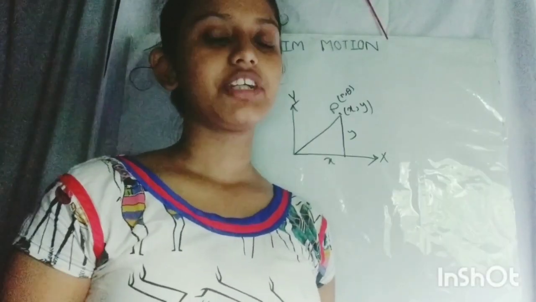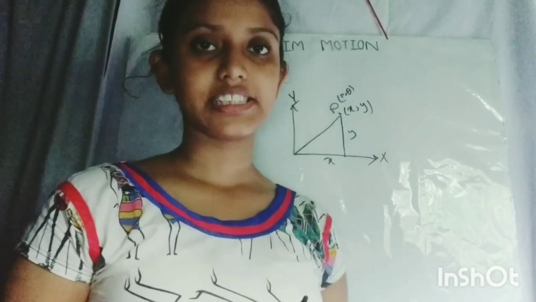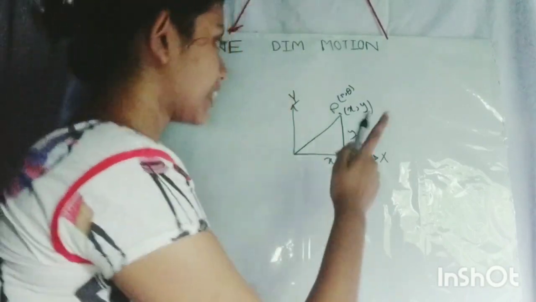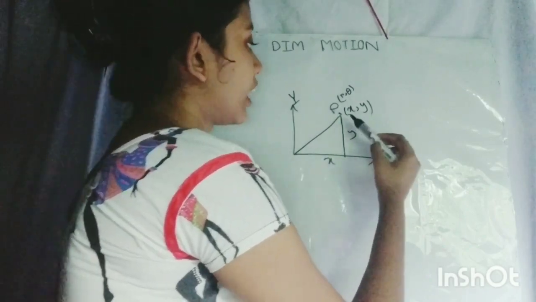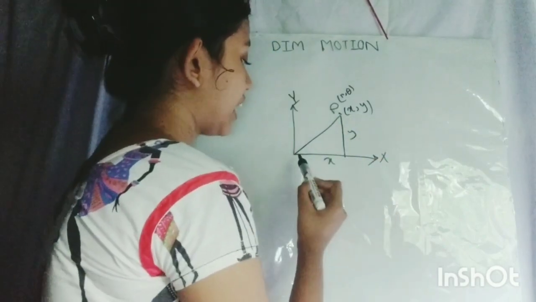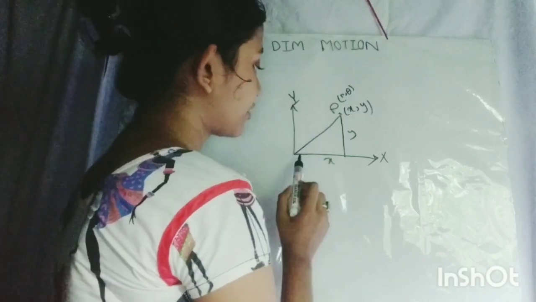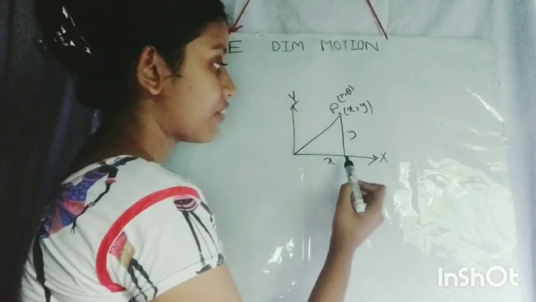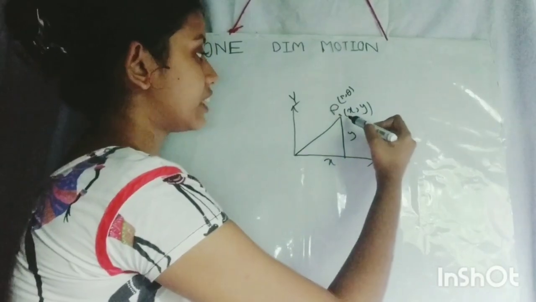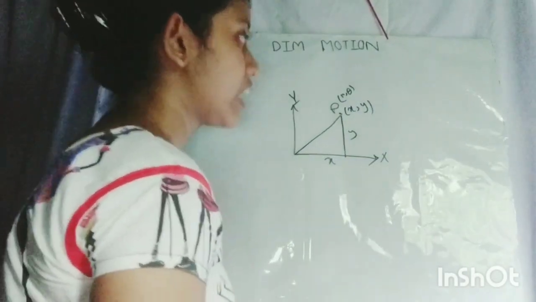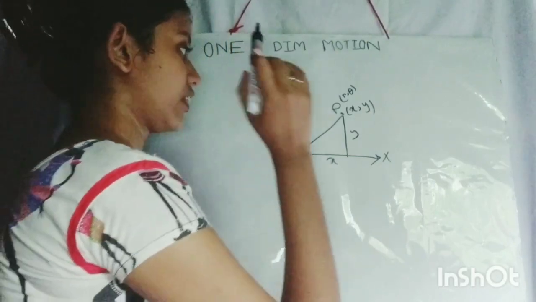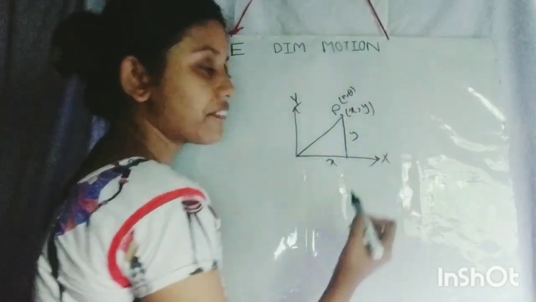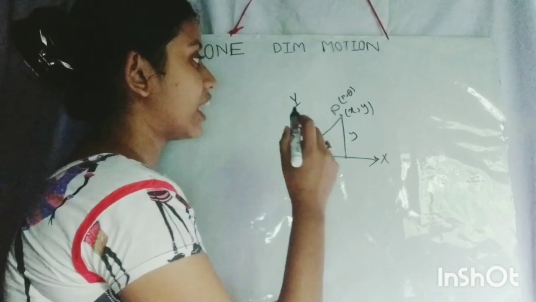Now I will discuss the polar coordinate system. This is simply a point P, and these are the Cartesian coordinates x and y. The point P is at x distance from the y-axis and y distance from the x-axis, so this point is named as xy. Now I can also express the point by r theta. What is r theta?